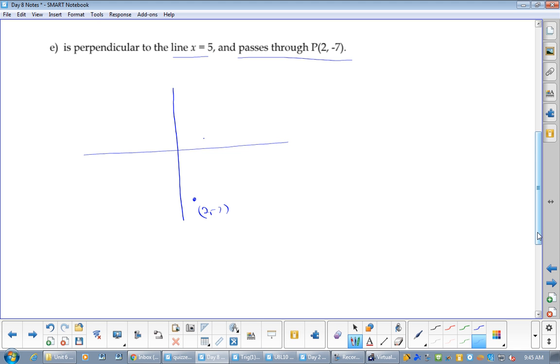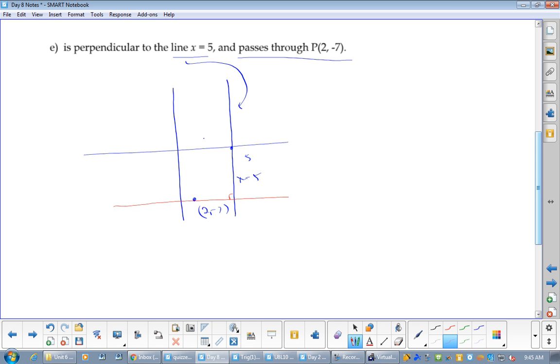Yeah, two words, horizontal or vertical. See how we're mixing things up? It's vertical through 5. Okay, that is this line right here. So I need to pass through point 2, negative 7 and be perpendicular to it. That would be the line